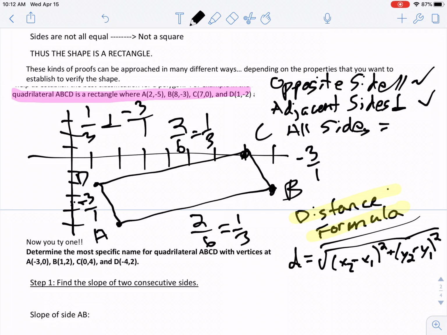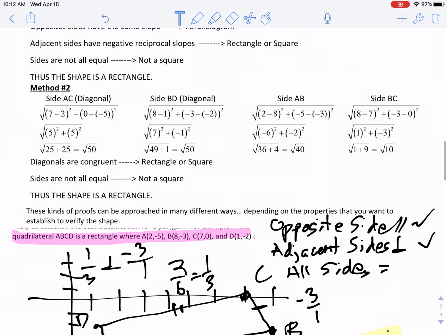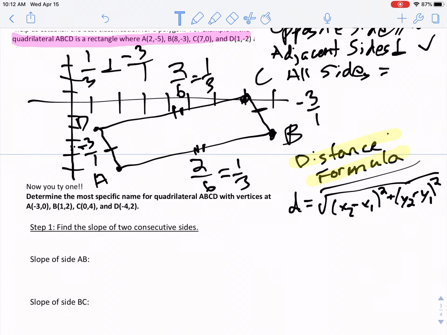Now, I'll need to check all four sides. Since it's a parallelogram and I showed the opposite sides were parallel, I already know CB and AD are the same, and I already know AB and CD are the same. So really, I just need to check one of the sides going left and right and one of the sides going more up and down. I'm going to choose what they did up here, AB and BC. A to B would be